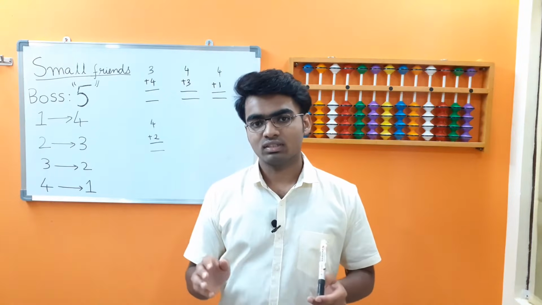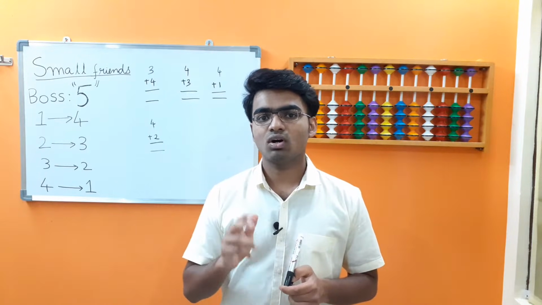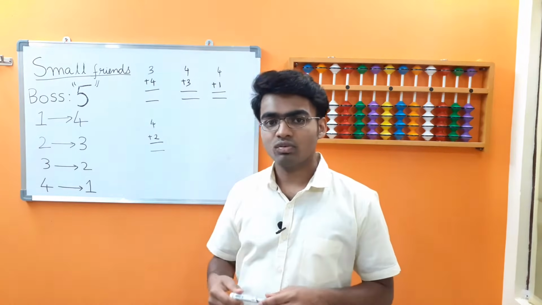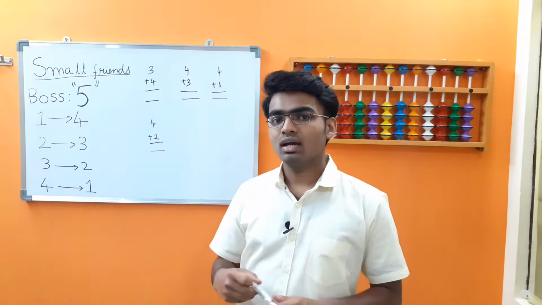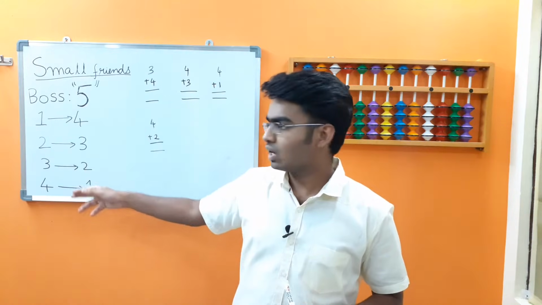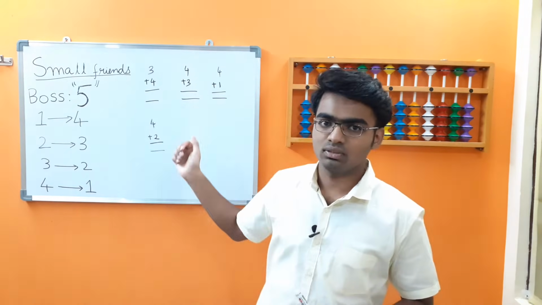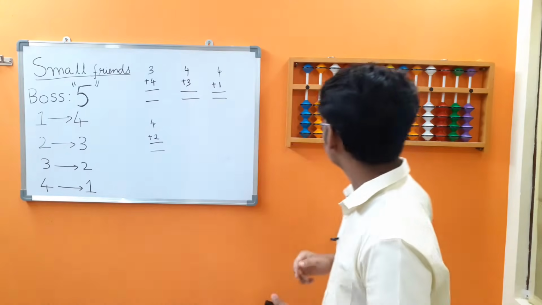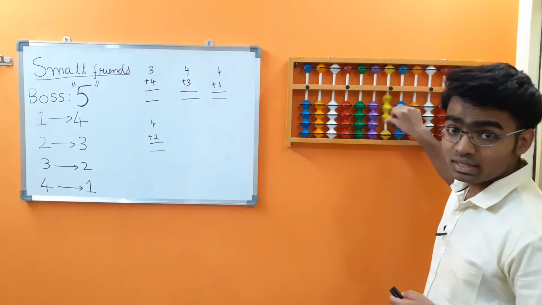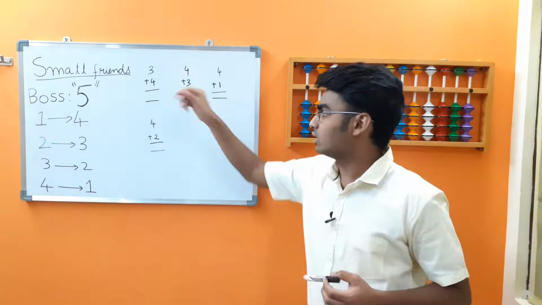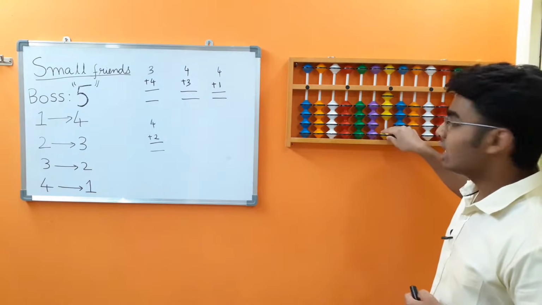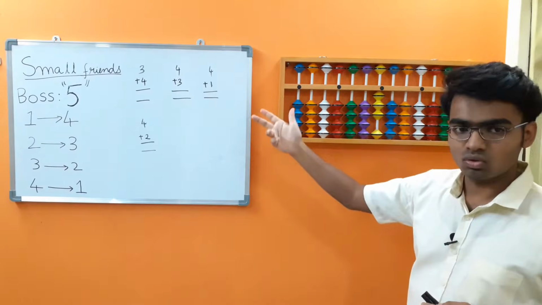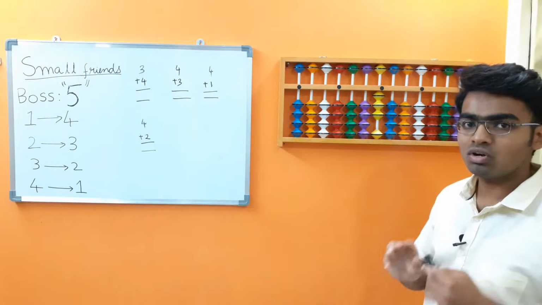For every friends, like small friends, big friends or lazy friends, we have a boss and also we have all these friends, right? Let's understand what these friends are and how we make use of boss using these examples. Let's try to add 3 and 4. Let's place 3 on the abacus. We have to add 4 here. We see that we have only 1 at the lower end, but we have to add 4. Here we make use of small friends concept.